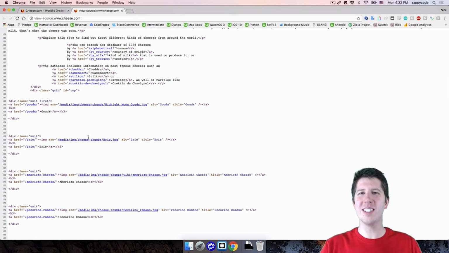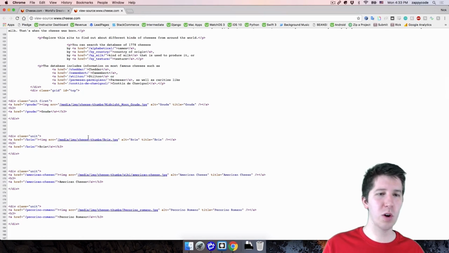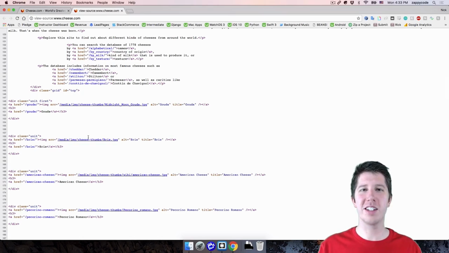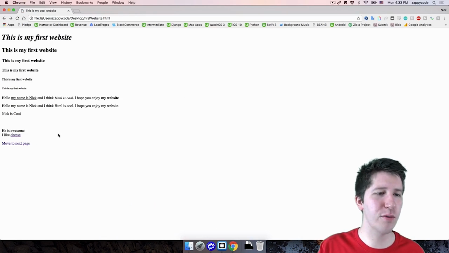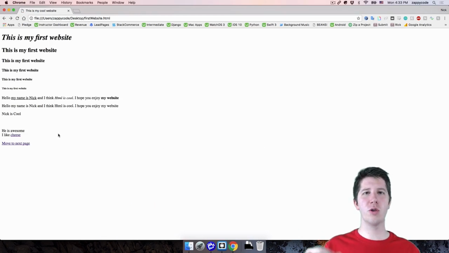I mean, now that you know about this, isn't it crazy? I mean, in the short time that we've worked here, you've learned so much about how websites work and web browsers. I hope you're as excited as I am. This is some cool information. So that's it for links. Now you know how to make users be able to move throughout your website. We've still got more to learn.